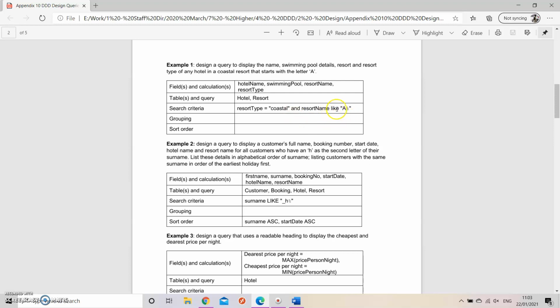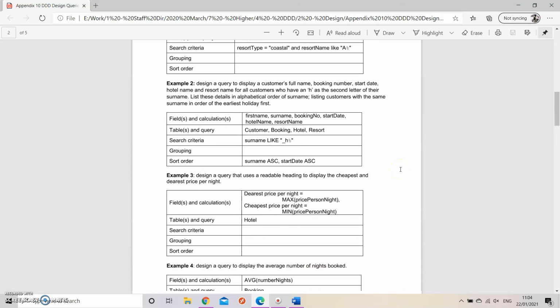Now, like means it's not going to be exactly equal to, so we can't use an equal sign. If you had the whole hotel name, then absolutely you can put equals in there. The percentage sign is a wildcard, okay? And what that does is allows you to have anything after the A that might be used. Sometimes you can see a star being used, but star tends to be used if you want to use everything, whereas percentage sign is saying anything after an A, so anything that starts with an A. Okay,